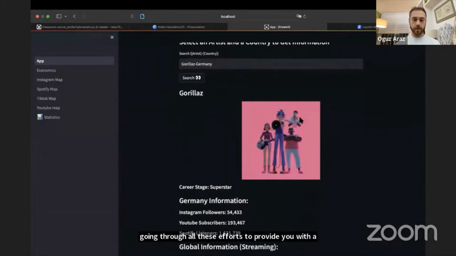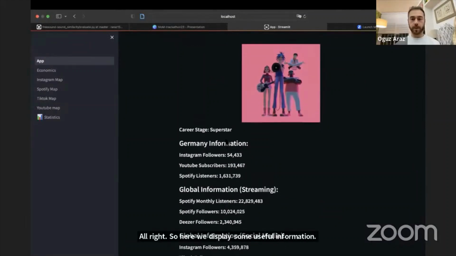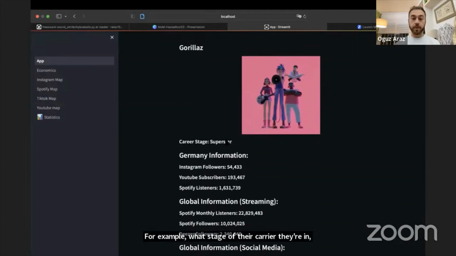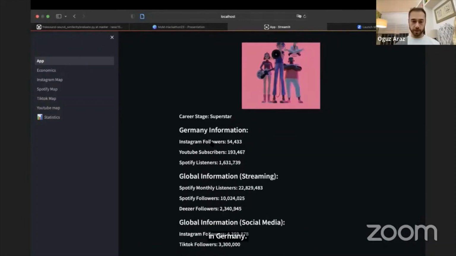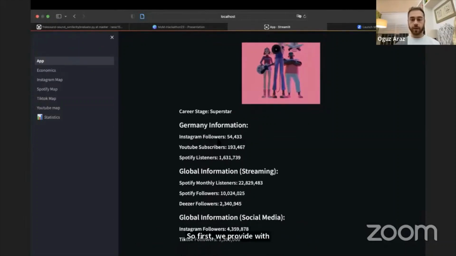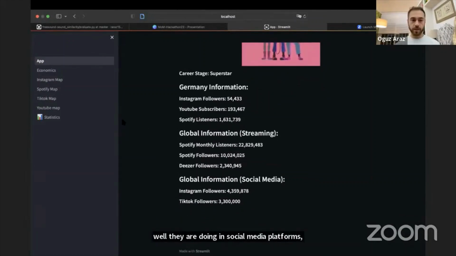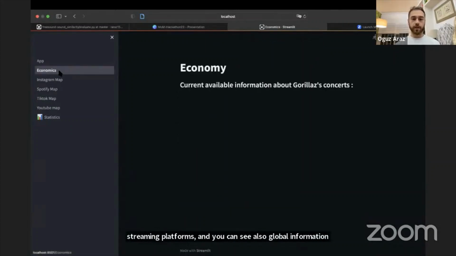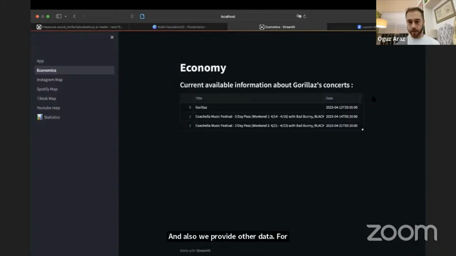All right, so here we display some useful information. For example, what stage of their career they're in. And we are trying to see how many tickets we could sell in Germany. So first we provide Germany-based information, how well they are doing in social media platforms, streaming platforms, and you can see also global information. And also we provide other data. For example, how well did Gorillaz do in